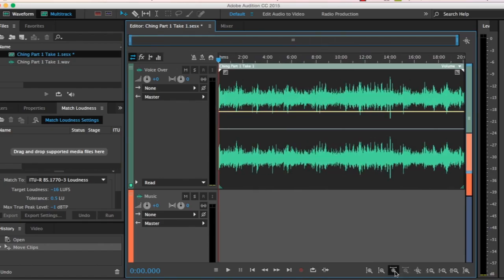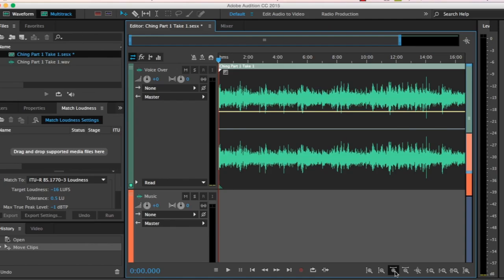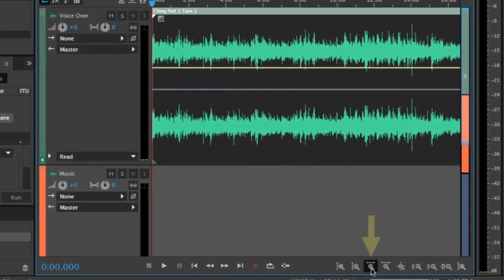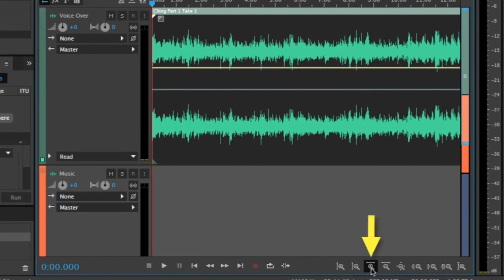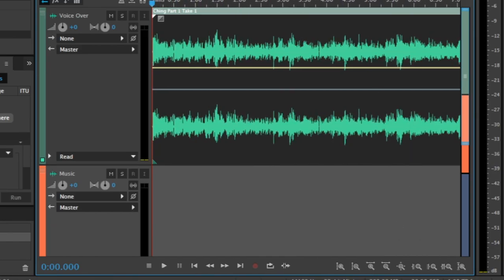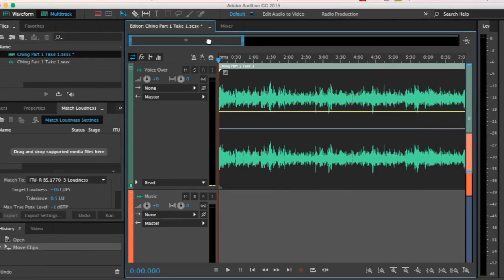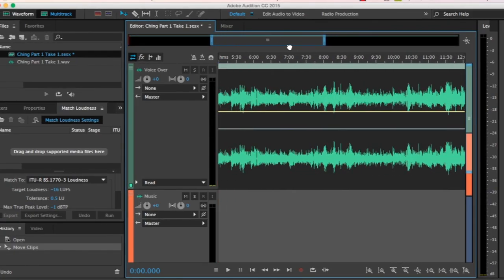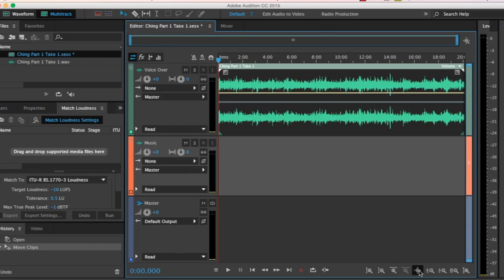I wanted to point out to you that the same thing can happen if we go down here and we zoom in the timeline. You see how it's moving that? It's making it much broader. And once again, we can grab it up here with our little fist and move it back and forth. And if we want to shrink it back down, we can just hit it here and it will shrink back down. So that's a way, or two ways, or even three ways to move your timeline back and forth